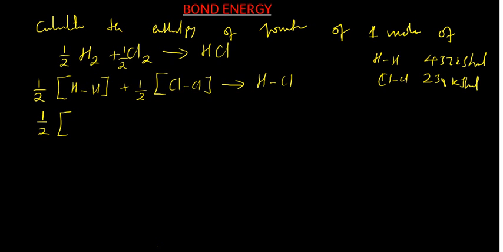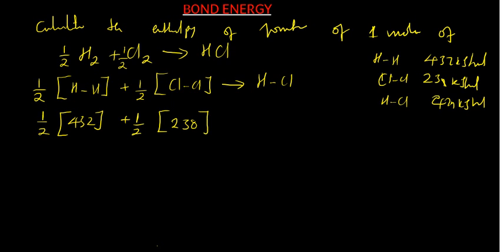The bond energy between hydrogen and chlorine is 429 kilojoules per mole. And so we're just going to substitute those values. So between H and H, we are going to substitute 432, and then plus half Cl-Cl, we are going to replace 239, and that is producing HCl, that will be